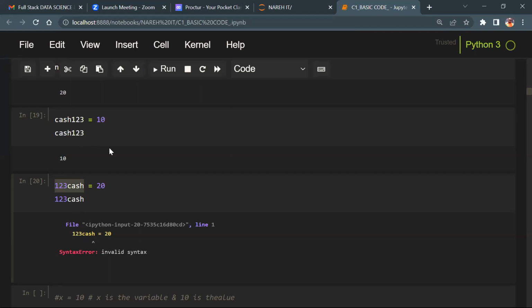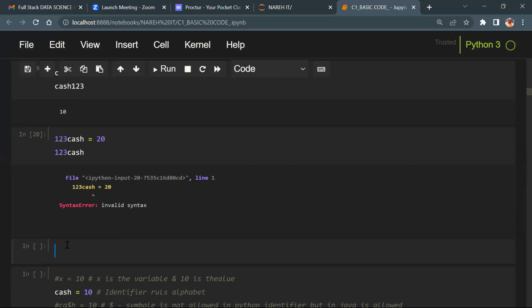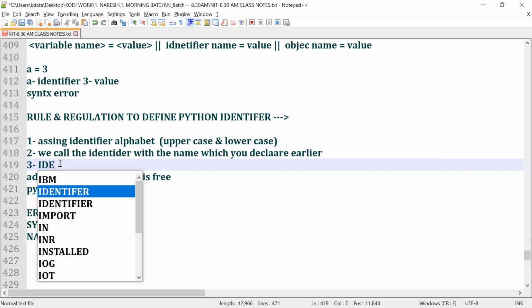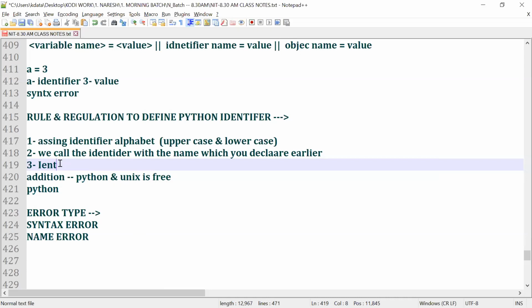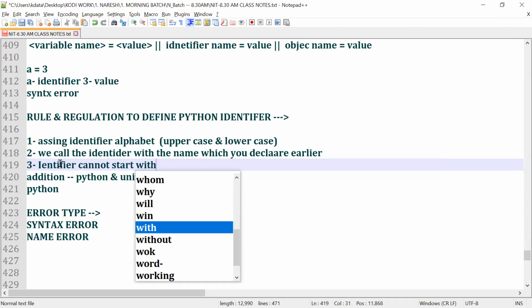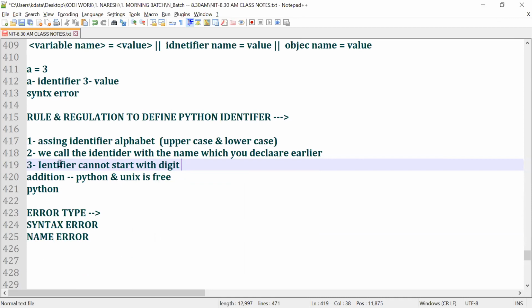Everybody's clear? Now, you may ask a question: no sir, you added only 3 values, and if you add only 1 value, let's say A is equal to 5? Let's check this. Syntax error or not? Variables cannot start with numbers. So I can say that identifiers cannot start with a digit. Clear or not? But later you can assign.